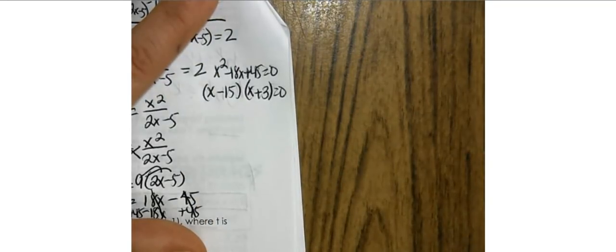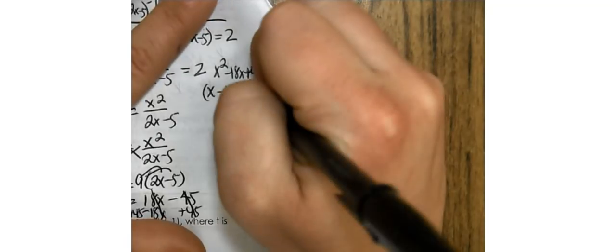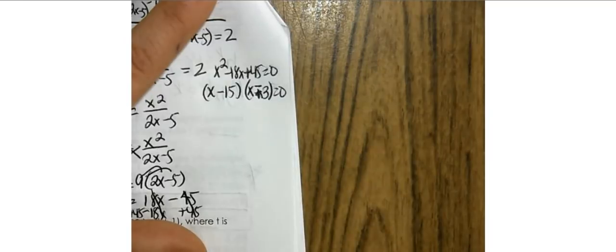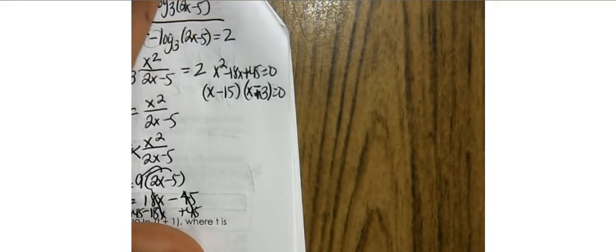Negative 15 times positive 3 is 45. I'm sorry, not a positive 3, negative 3, excuse me. A negative 15 times a negative 3 is a positive 45, but together they add to equal negative 18. So I have 2 solutions, x equals 15 or x equals 3, and I'm going to check both of them